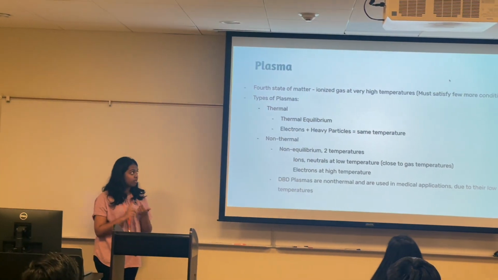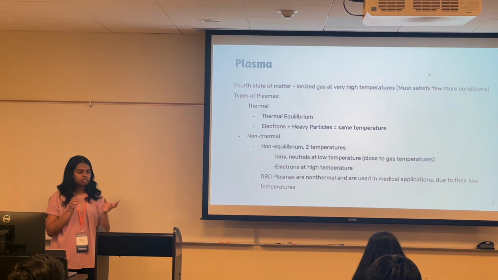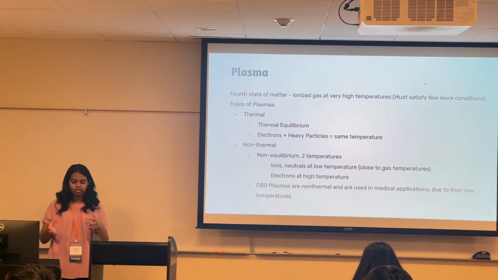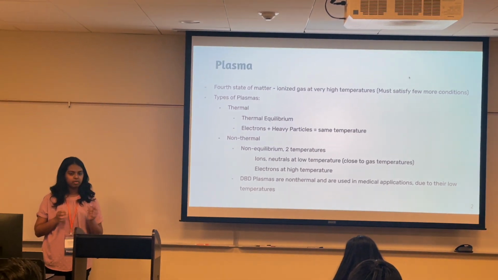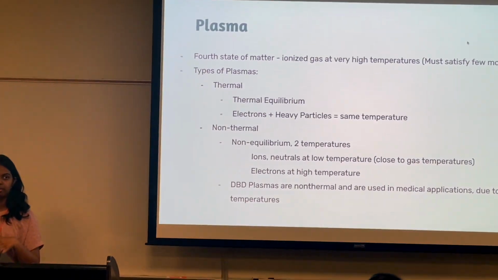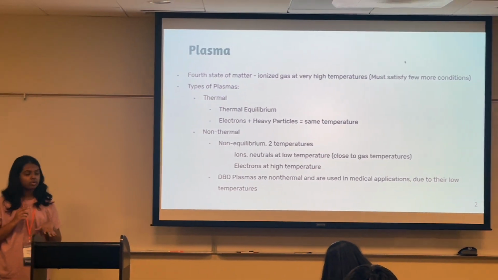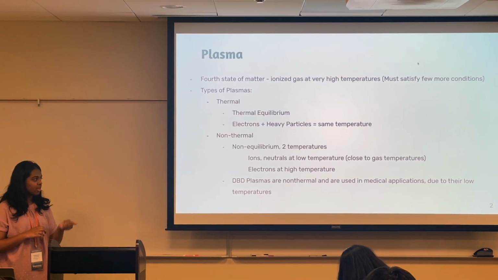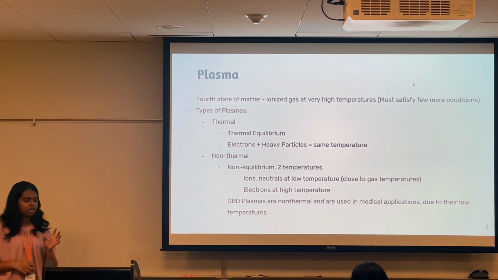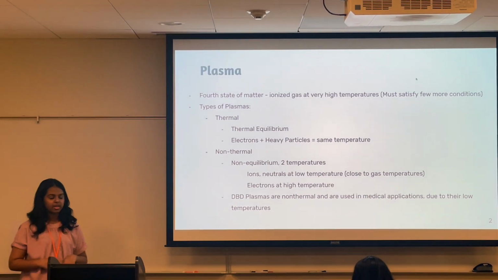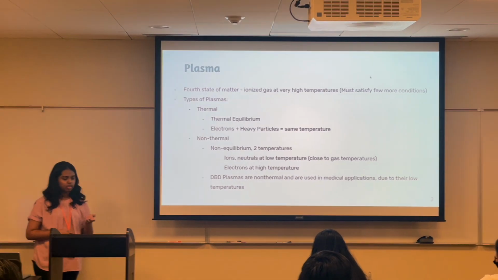There's thermal plasma, which is at thermal equilibrium, which means that the electrons and particles are at the same temperature. And there's non-thermal, non-equilibrium plasma, which has ions and neutrals at a low temperature, but electrons at a high temperature. And DBD plasma, or dielectric barrier discharge plasma, is non-thermal, and it's used in medical applications because it has generally